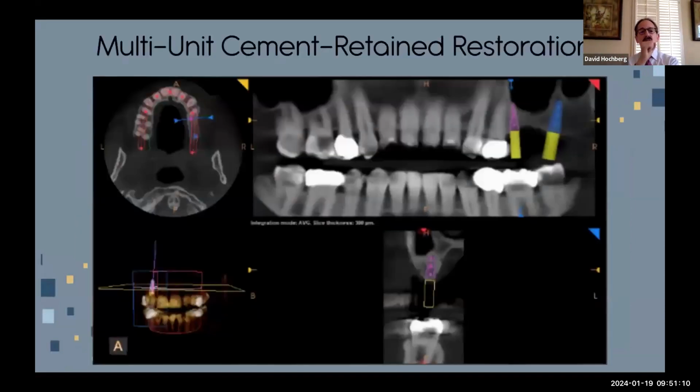What's your preference? Let's do a multi-unit abutment case. This is a case in the posterior maxilla with a large sinus. And we're going to cement this restoration. It'll be 2 splinted crowns. This case would usually, in my practice, receive a lateral sinus lift, place 2 implants perpendicular, parallel to each other,